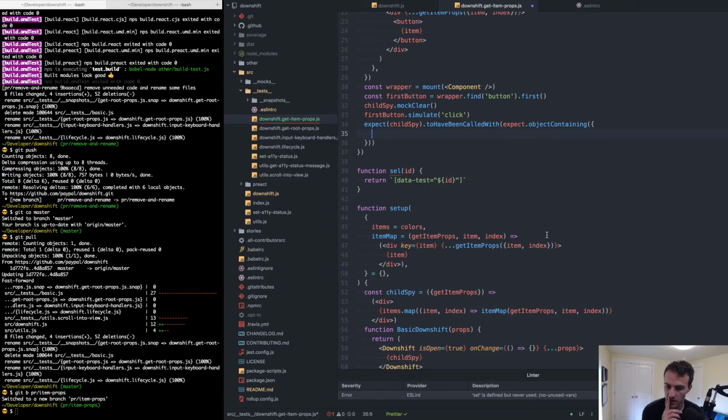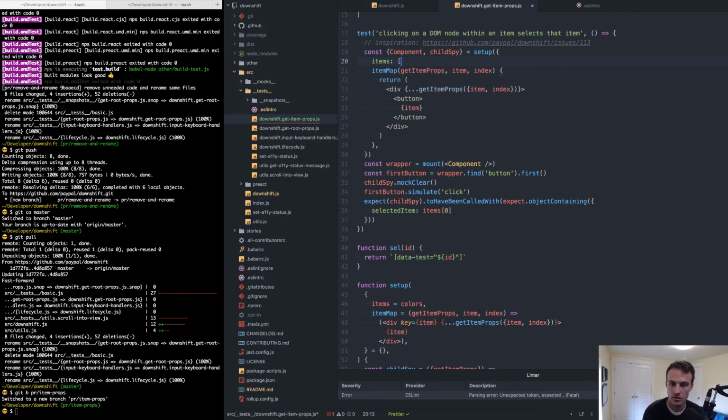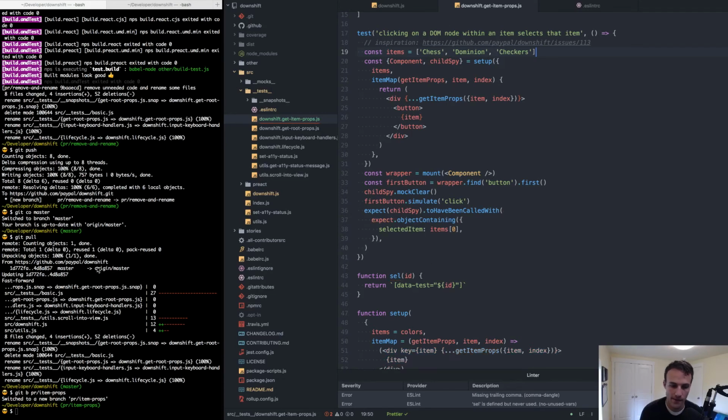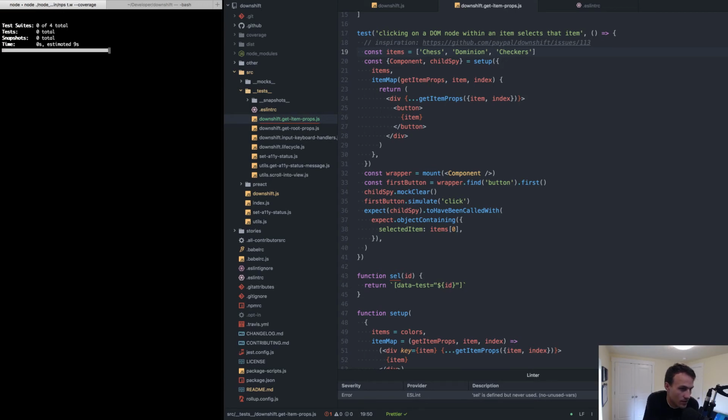Here. Okay, so we expect that selectedItem is, or here we'll do items the first. And I'm gonna make items. It's gonna be this array of, I don't know, chess, dominion, checkers, yeah. And this is gonna be our items. There we go. So that test has everything it needs to function. Okay, and it's running here. I don't want to run all those. We just